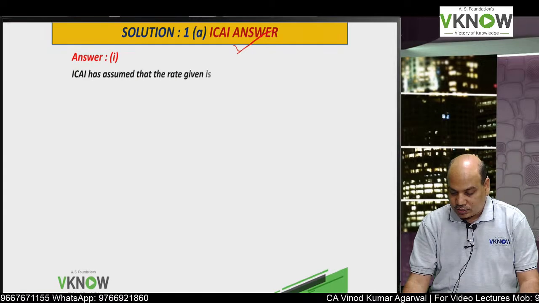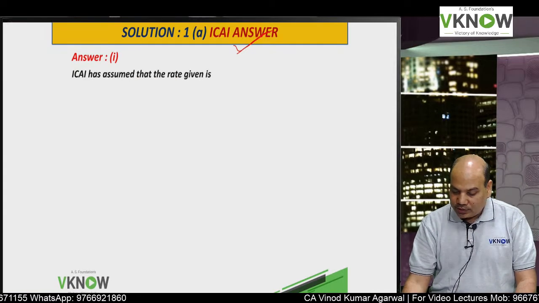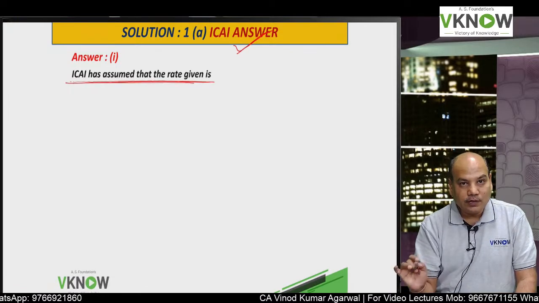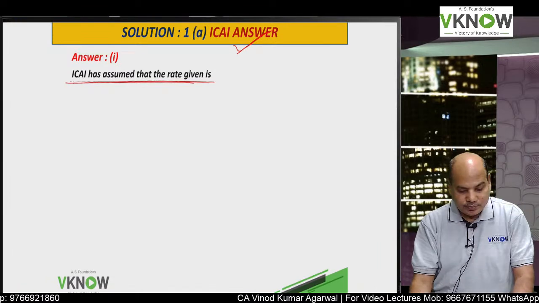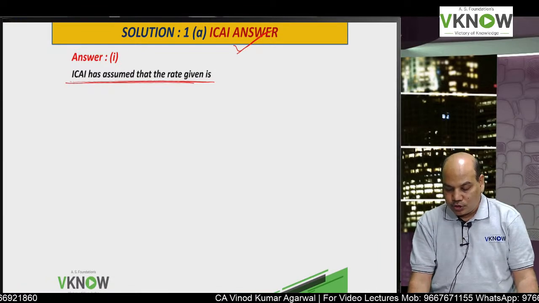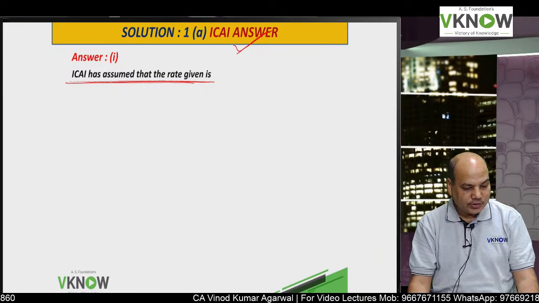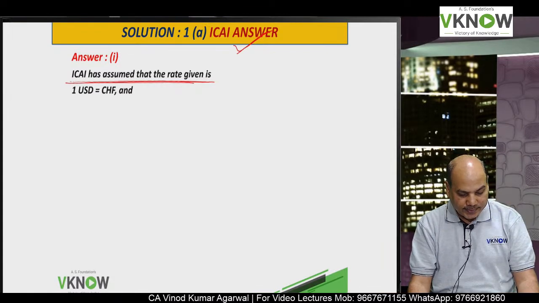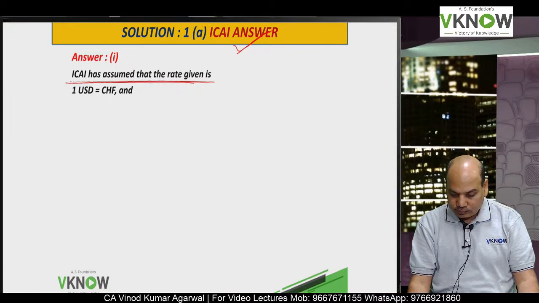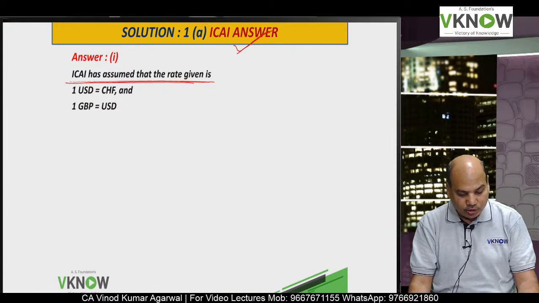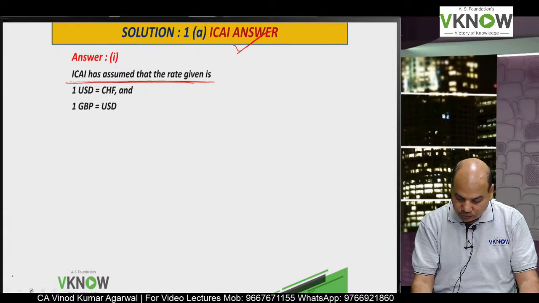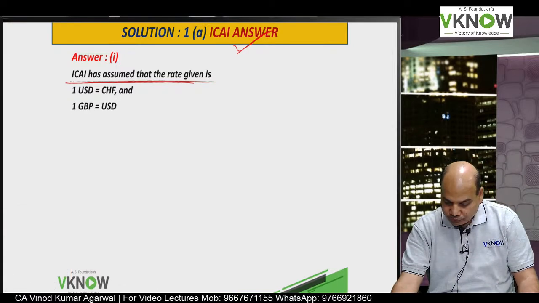So ICI's answer. What ICI has assumed is very extraordinary and very difficult for the student to understand. ICI has assumed that the rate given is 1 USD is equal to CHF and 1 GBP is equal to USD. So what you do, in your question book it is written